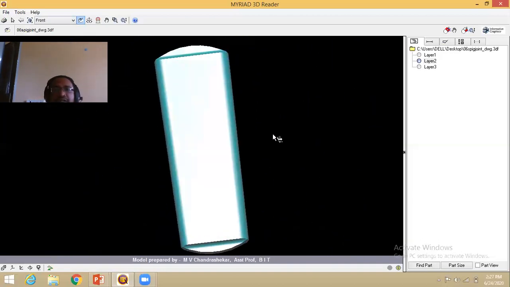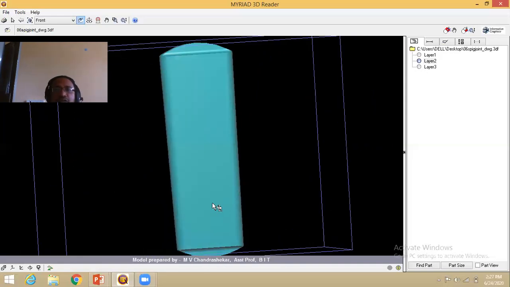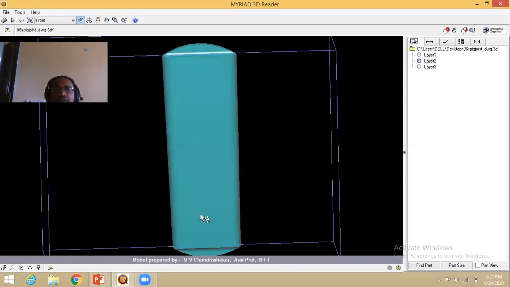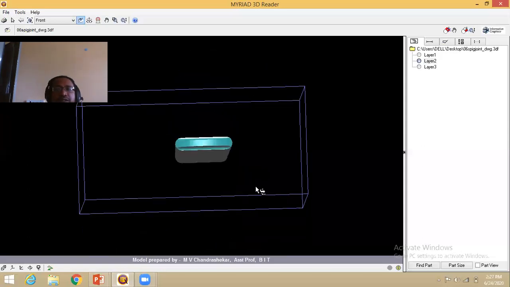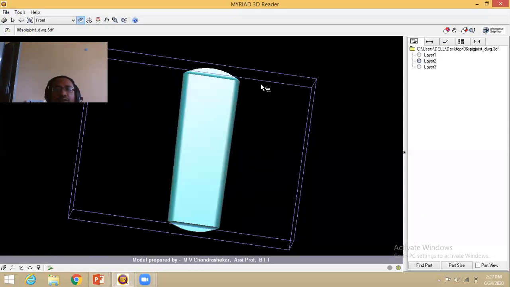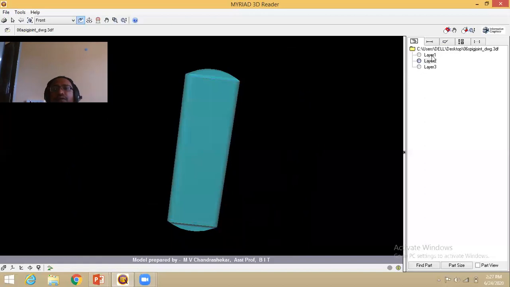If you visualize this part like this, this is the straight portion, and this one has a taper of 1:30, and the top is represented like this.